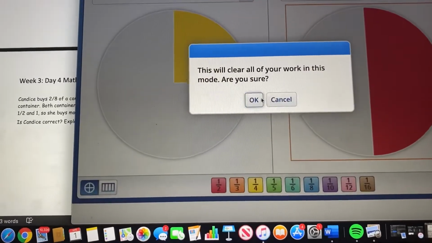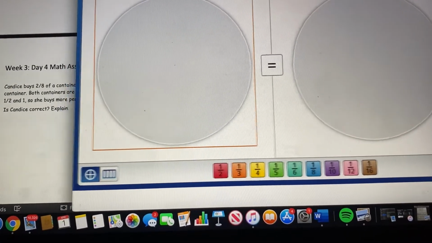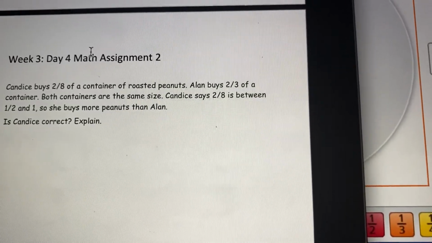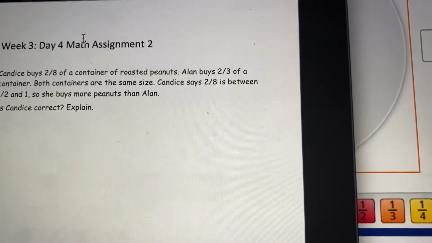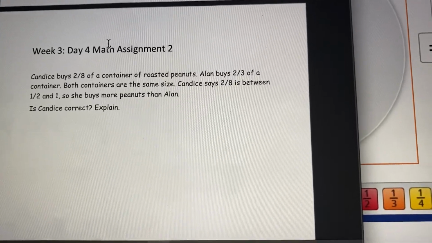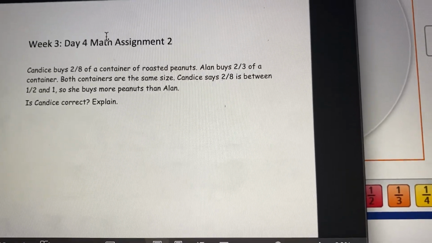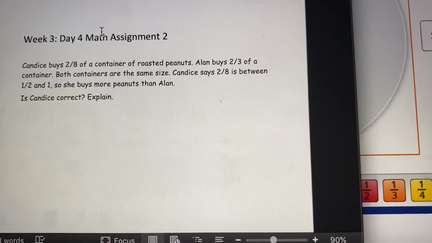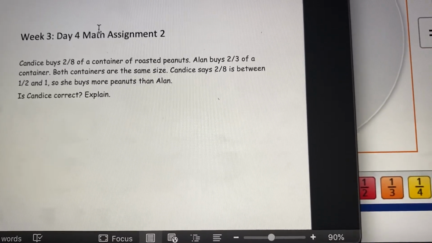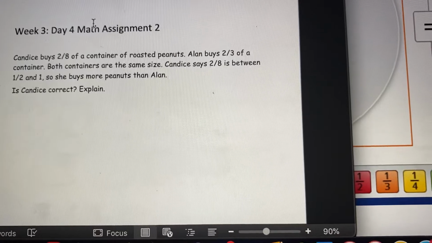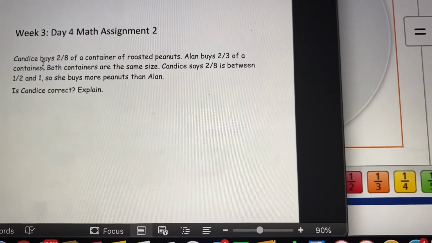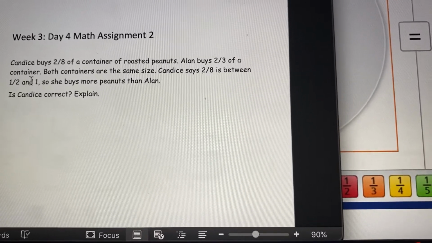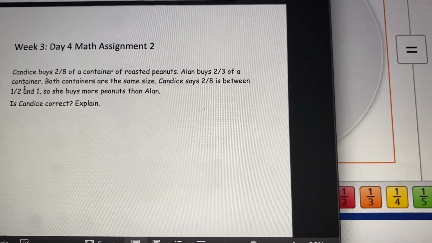We're just gonna reset all of this. Assignment 2 says, Candace buys 2/8 of a container of roasted peanuts. Alan buys 2/3 of a container. Both containers are the same size. Candace says 2/8 is between 1/2 and 1. So she buys more peanuts than Alan. Is Candace correct? So boys and girls, although she says that 2/8 is between 1/2 and 1, I wouldn't recommend